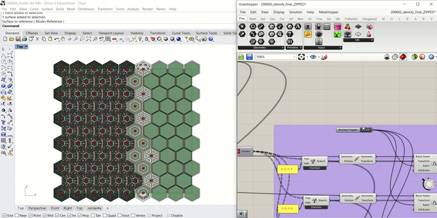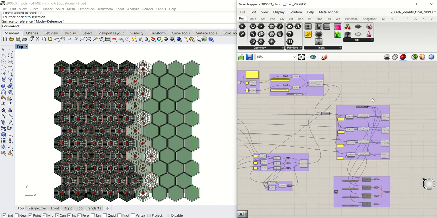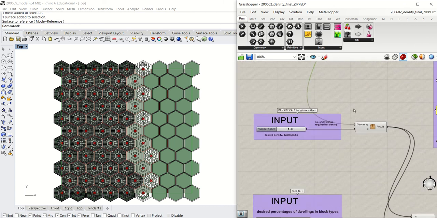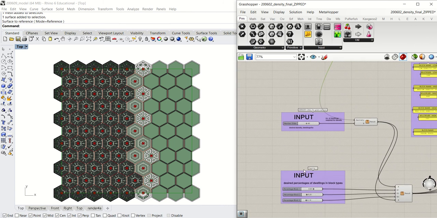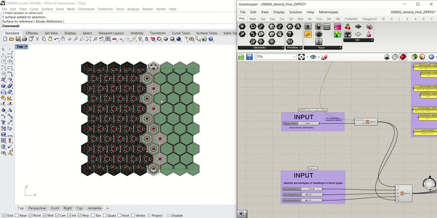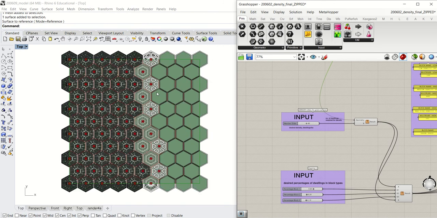and there we go. These are the blocks required to achieve the 40 dwellings per hectare that we specified, with these ratios specified. So once the residential density is achieved, the remaining hexagons are just shown as green blocks as placeholder, with the idea that these are interchanged for the communal functions like parks, sports fields, schools, energy plants, and transport, for example. And so now is where the manual architect work comes in,